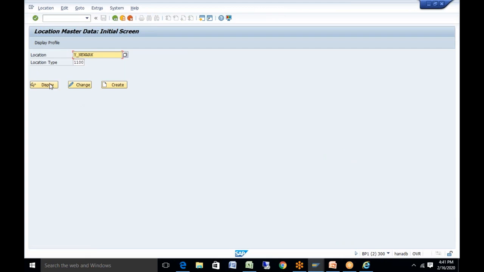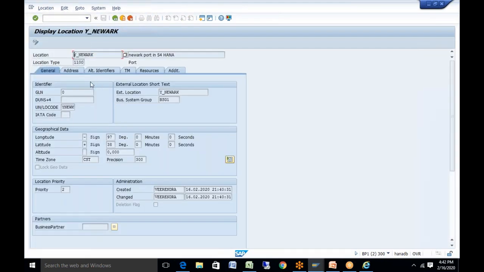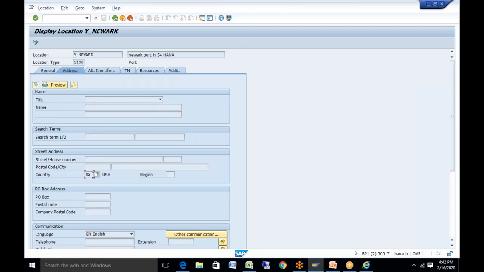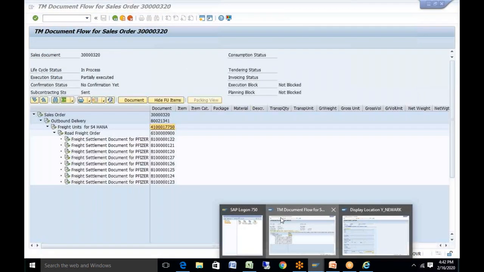So if you see, every location has three pieces of information: one is my location ID, one is my region, and another is my postal code. So this grouping of locations in a zone can be done between these factors: postal code, region, and location ID. So right now, if I go into my particular transportation zone setup,